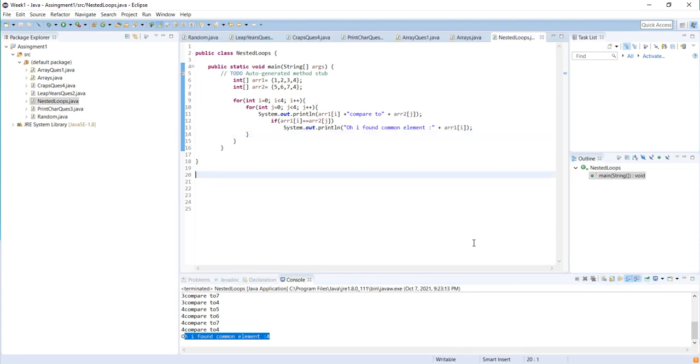So hopefully you will be able to get a good idea and grasp of how to use for loops, specifically nested for loops. In this example, I have taken it from the last example, and I have moved it forward so I can compare array elements. I hope this should be good enough for you to understand.